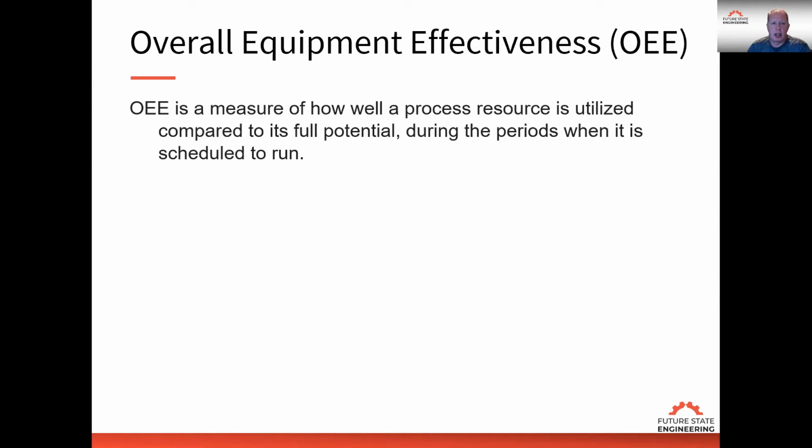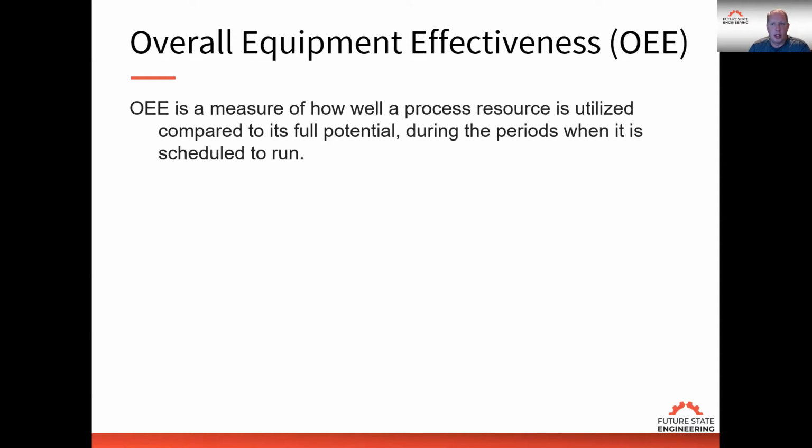We really want to focus on overall equipment effectiveness. Once we define the process that's bottlenecking our operation, we want to go in and start assessing that process and understand where is the potential to make improvement. I'm a huge proponent that every process can be improved, and improved significantly. If you look at the details, there are significant opportunities for making improvements to any process.